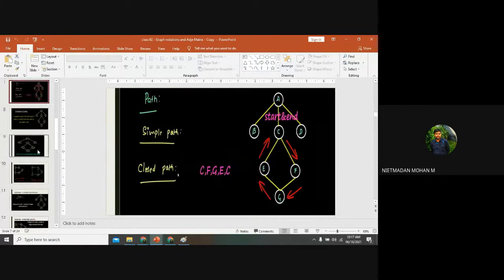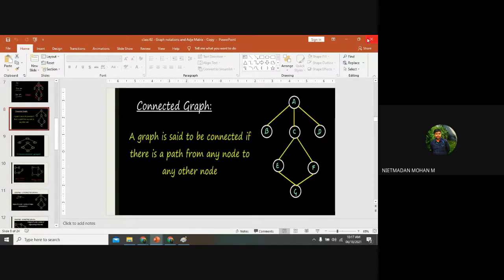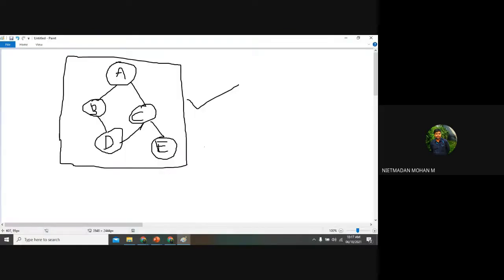Sorry, not a complete graph. Whether it is a connected graph. Whether this is a connected graph or not. Yes, this is a connected graph.